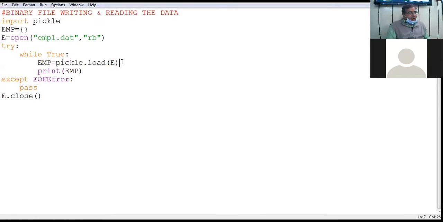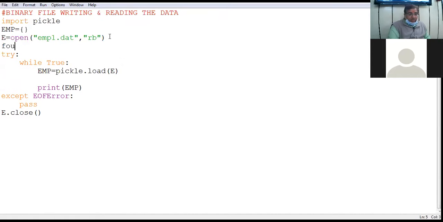When you are reading the records, I am taking one more variable here, found, and I am giving the initial value false.